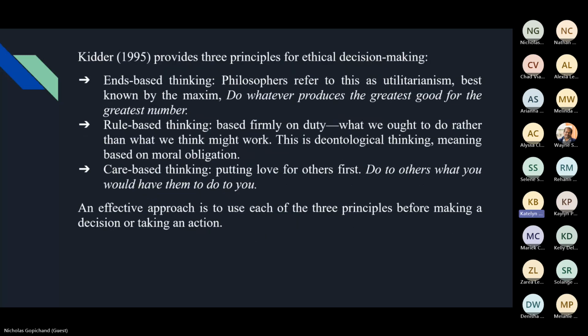Kidder in 1995 provided three principles for ethical decision making. Firstly, ends-based thinking. Philosophers refer to this as utilitarianism, best known by the maxim, do whatever produces the greatest good for the greatest number. Secondly,